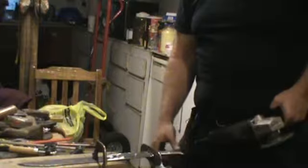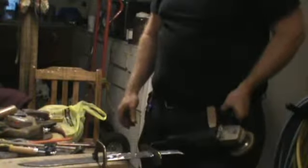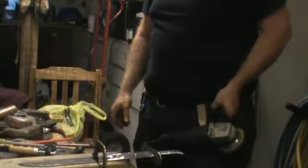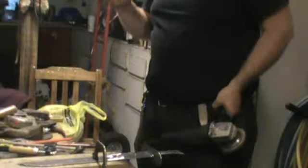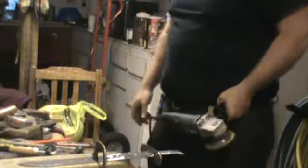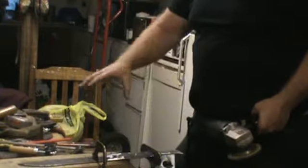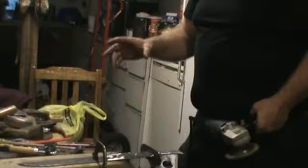I'm going to build another forge so it works a lot better. I had to fill that whole wood box on my blacksmith forge out there. That pot just wasn't big enough. I was only getting like half of my steel heated. So I had to fill up that whole wood box with kindling wood and coals and get that sucker hot